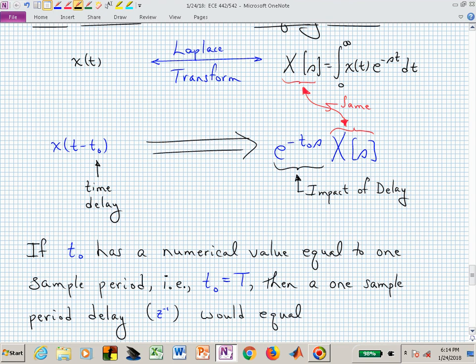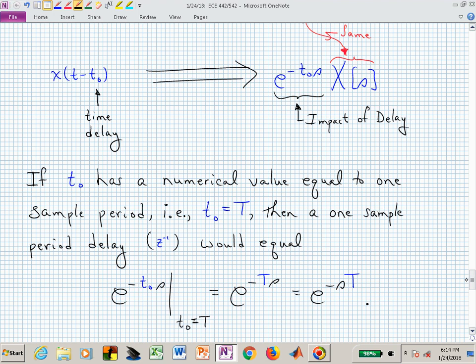And one of the ways that we will be thinking in this class is in these quantized amounts of delay, a sample period. We're talking sample periods now, or how far we separate samples in time, and that's our sample period. If t sub 0 in our continuous time setting has a numerical value equal to one sample period, which in this class we typically call capital T, then a one sample period delay, which in this class we've said is z to the minus 1,